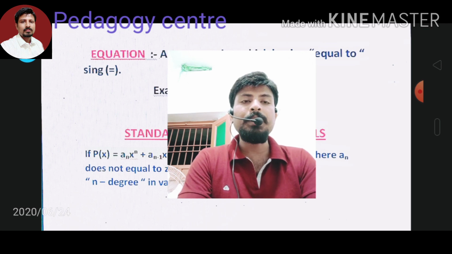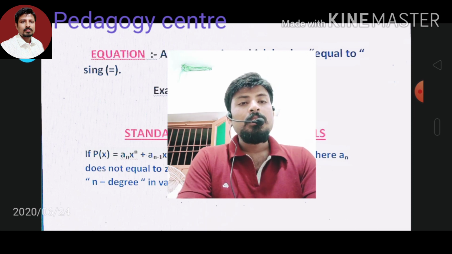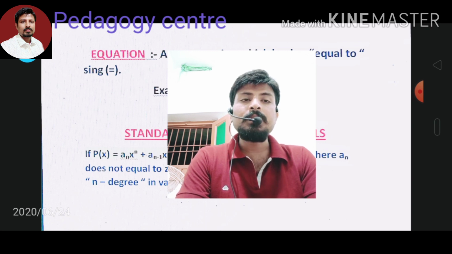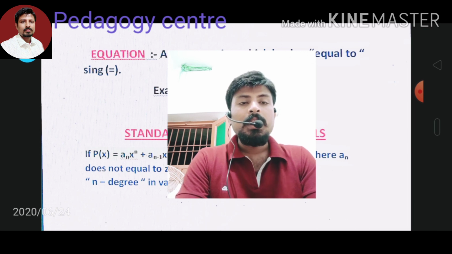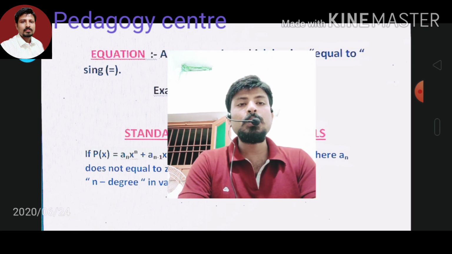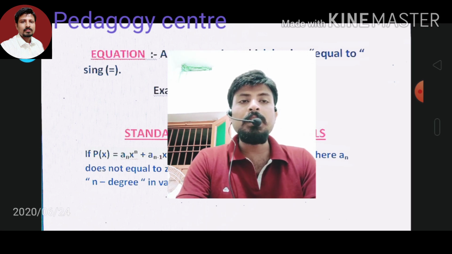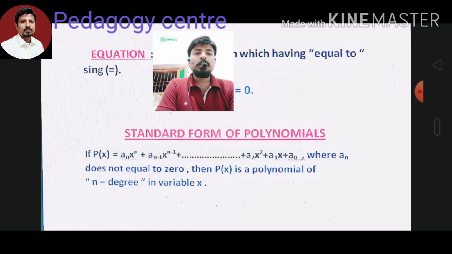As we have completed the first lecture on polynomials, in that lecture we learned what polynomials are, the meaning of some basic terms that were used when defining polynomials, as well as the standard form of polynomials. So, in this lecture, we will learn the next concepts of polynomials. Without wasting too much time, let me start the discussion.